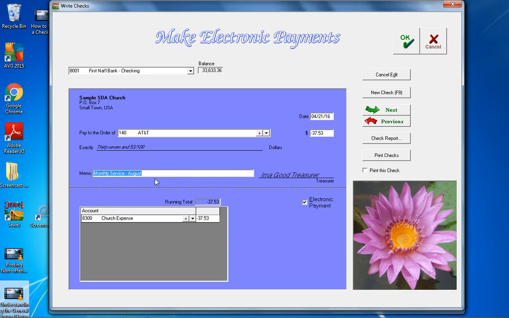My last step is to change the memo line to reflect exactly what this electronic payment that we're recording is for. It is to void, then put the date of the check for reference purposes, so you can go back and look at the original check, or the auditors can look at the original check. To void 3/11/16,